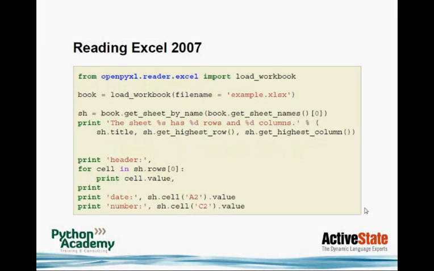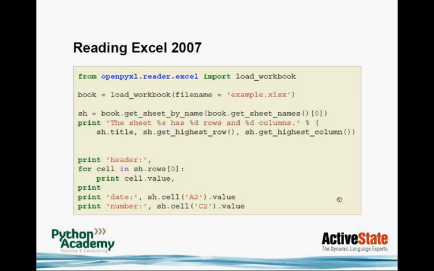Okay, next slide please. Once we have written it, we can also read it back, which is very similar, so it's not much difference here. So we use load workbook to get an instance of a book, and then we just get sheet by name, get our first sheet, print out the information about the title and the number of rows and columns, and then we have a loop through all cells in the first row and print the value, so it's a header, and then we can access the cell A2 and the cell C2 very easily, just dot value to get the value of the cells.